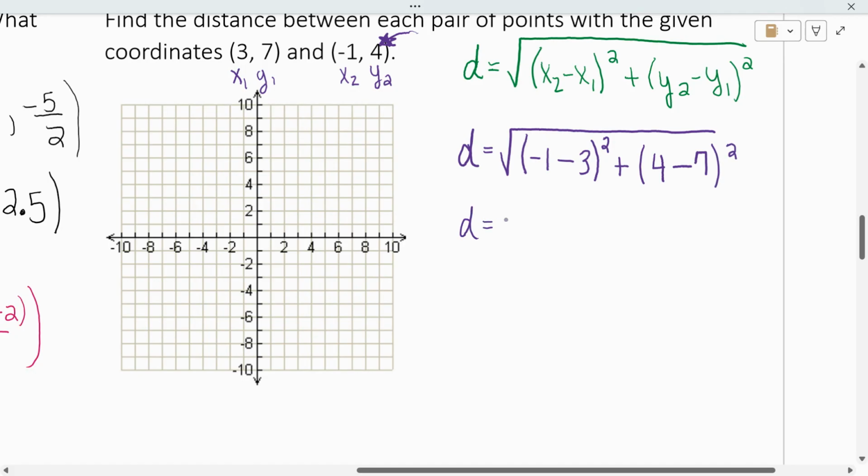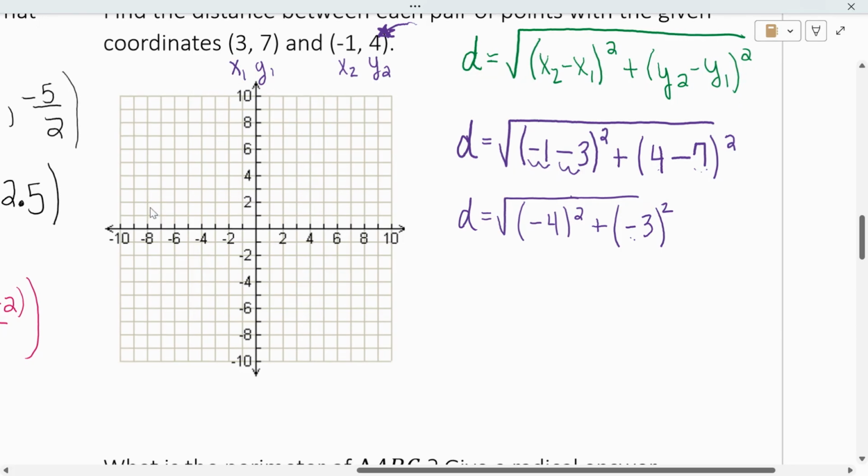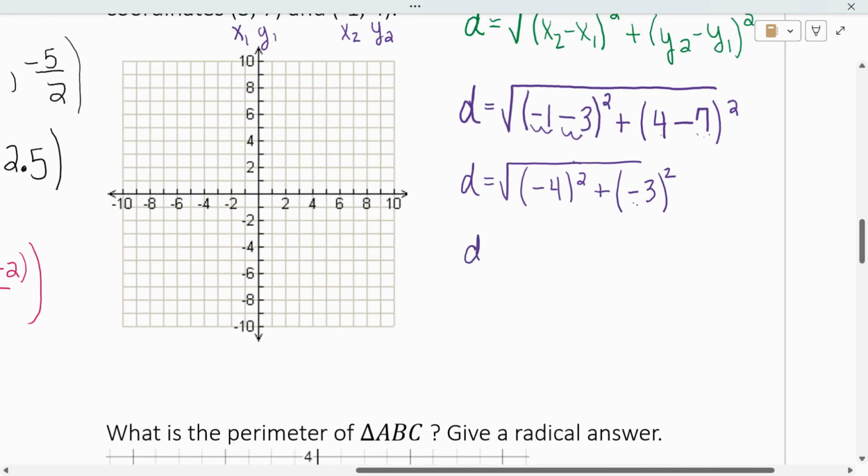All right, let's see. What is -1 minus 3? The signs are the same. We add and keep the sign. -4, quantity squared, plus. What is 4 minus 7? Well, the signs are different, so we subtract, keep the sign of the bigger number. 7 minus 4 is 3. It's going to be negative, squared. Well, -4 times -4 is a positive 16. And -3 times -3 is a positive 9. 16 plus 9 is, and the square root of 25 is,